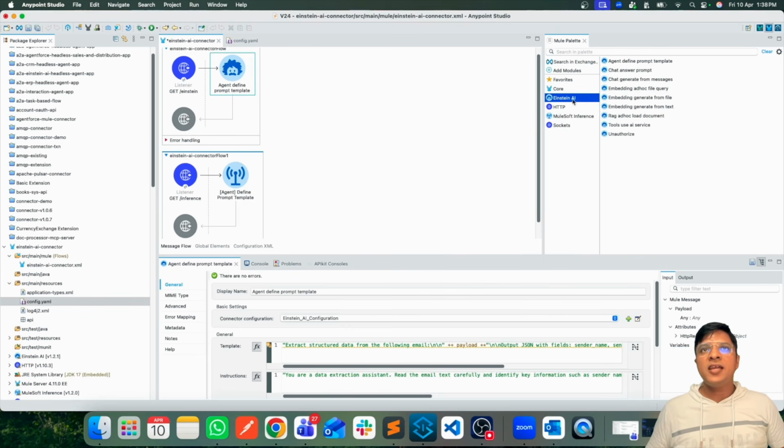So in Einstein AI Connector, you have multiple operations. I'm using the first one called agent defined prompt template. There are other operations. We'll see those operations in detail when I'll have a dedicated session for these AI connectors. Okay. Similar operations you'll find here also for the MuleSoft Inference Connector. So let me quickly show you the configuration of